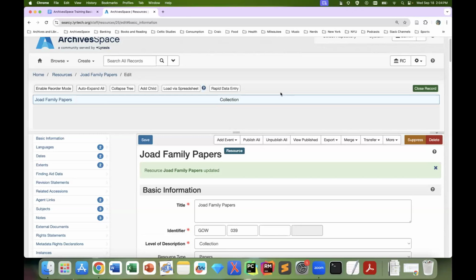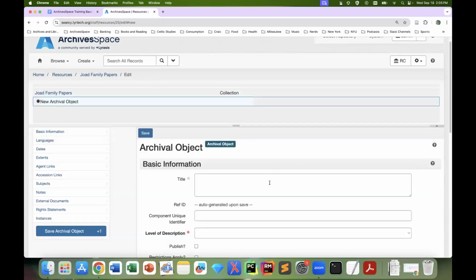it and we want to indicate the different parts of the collection as well as some individual folders or items. So to create a series, I'm currently at the collection level because that's the only thing available to me right now. I'm going to select Add Child. And this brings up an archival object template. When I say archival object, I mean a record nested under something else. So we are going to call this Series 1,